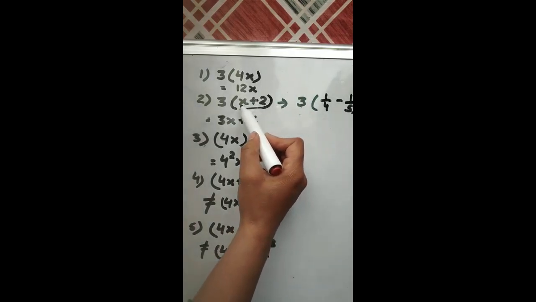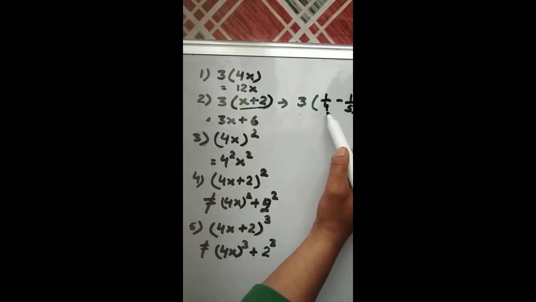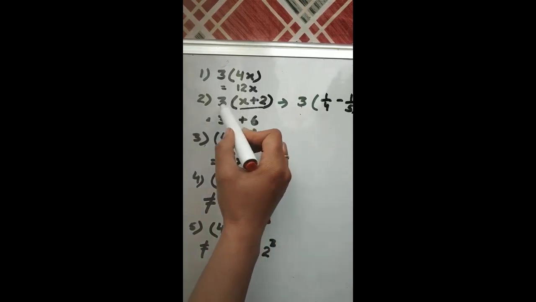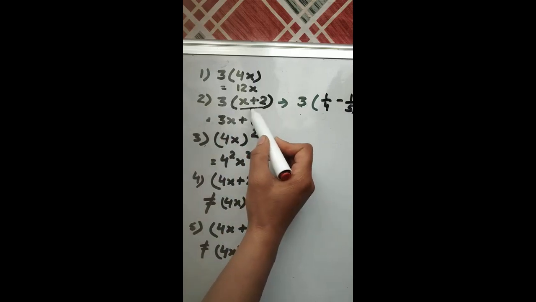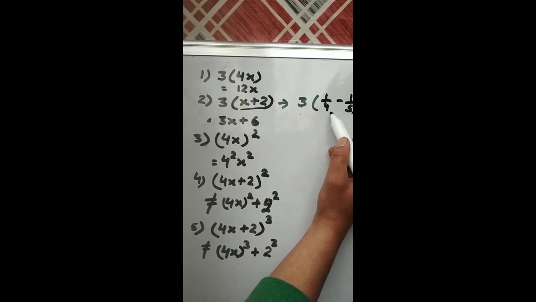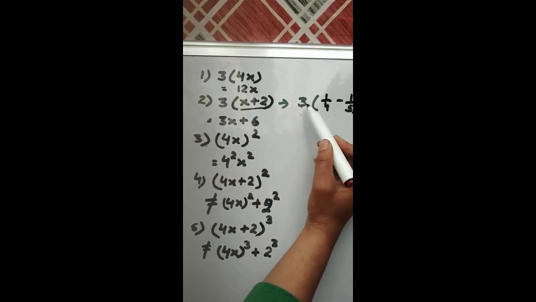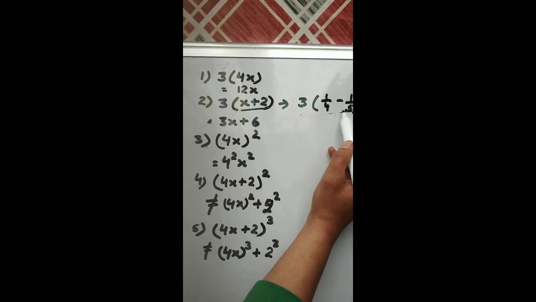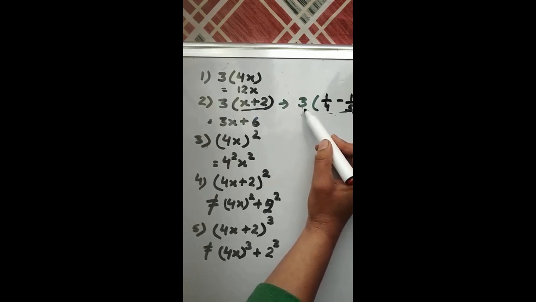Algebra, because there is a missing number, there is no missing number. So here we had only one way out, that is 3 into x and 3 into 2, which is 6, because we cannot sort out the bracket. Here we have the way out, we can sort them up. So we should sort them up first, because unnecessarily it will increase our numbers. Multiplying with something will increase our numbers, then we'll subtract. So it's always better to sort it up first and then multiply with 3.